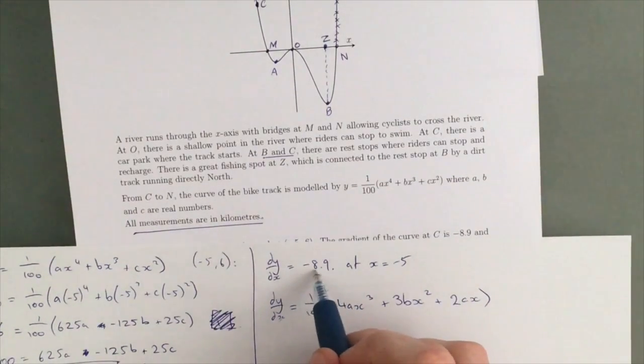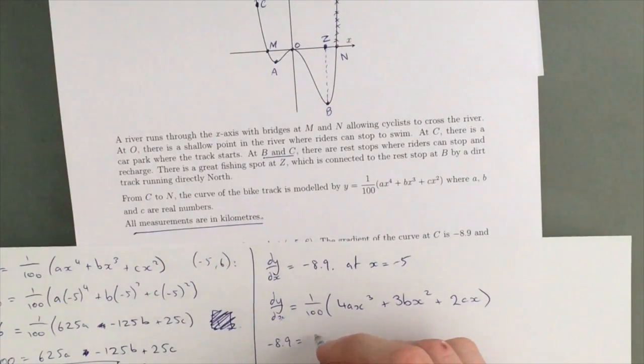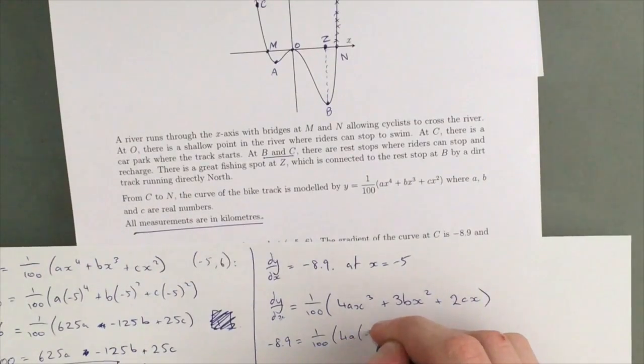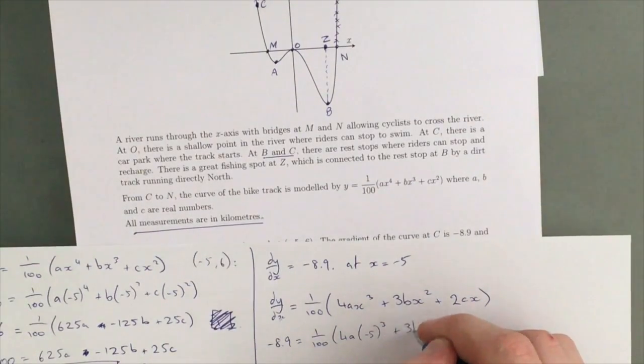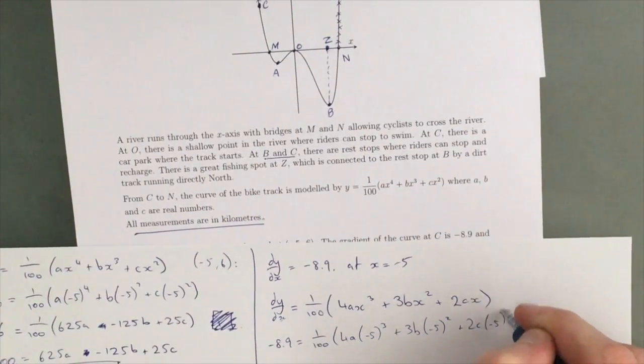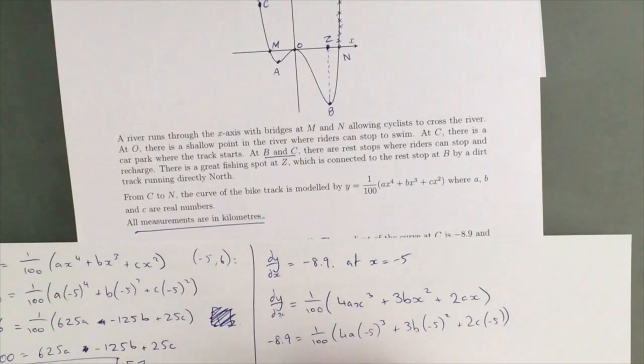Plugging in the values -8.9 and x equals -5, we get -8.9 equals 1 over 100, 4a(-5)^3 plus 3b(-5)^2 plus 2c times negative 5. If we times both sides by 100, we get negative